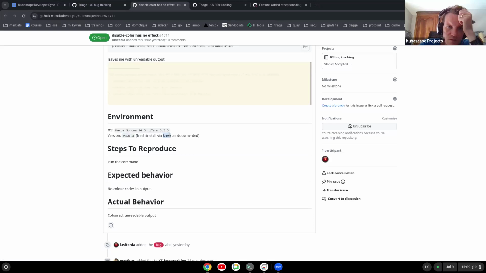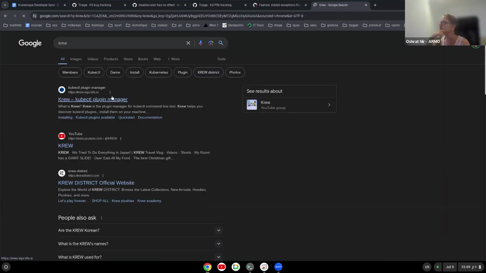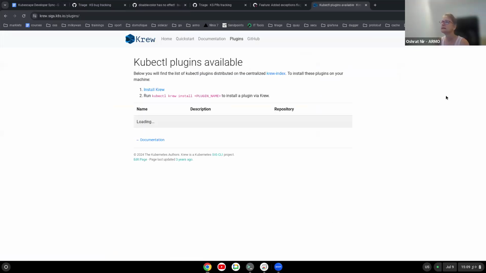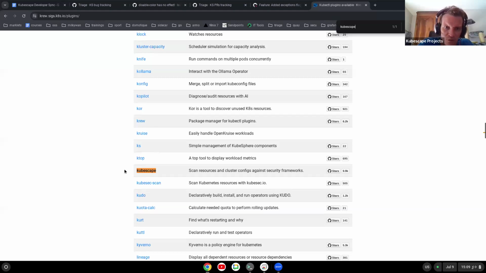actually I need to check if Krew has a newer version or not. Maybe it's a newer version of Kubescape or a newer version of Krew? Yes, a newer version of Kubescape, because 3.0.3 is quite old. So yes, I'm going to check. Maybe we have an issue with our